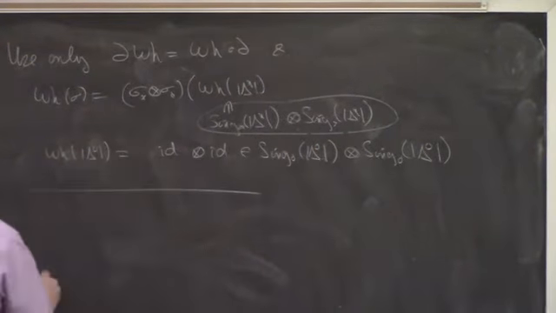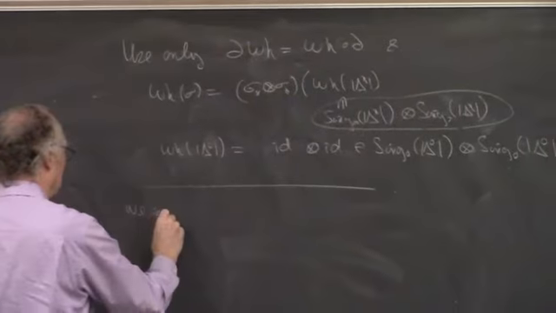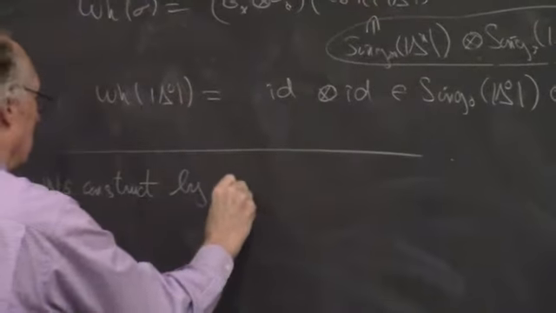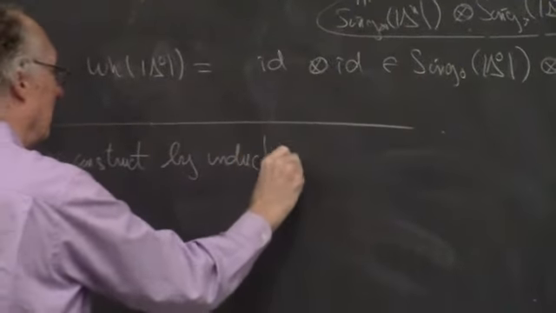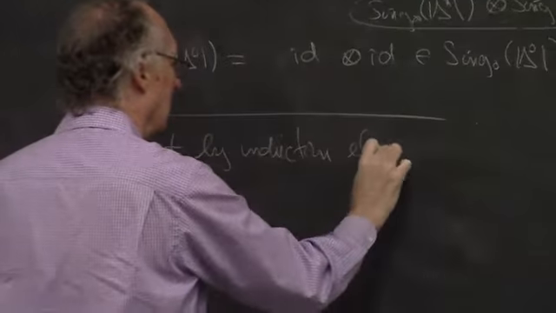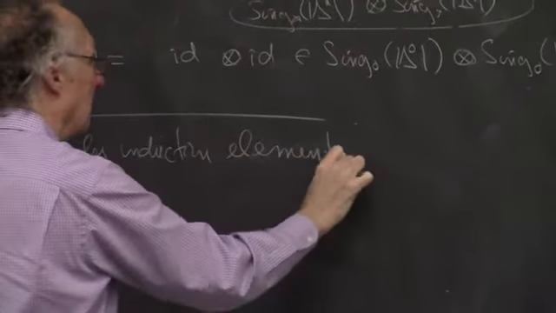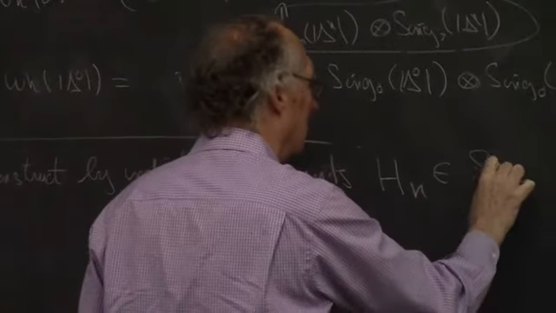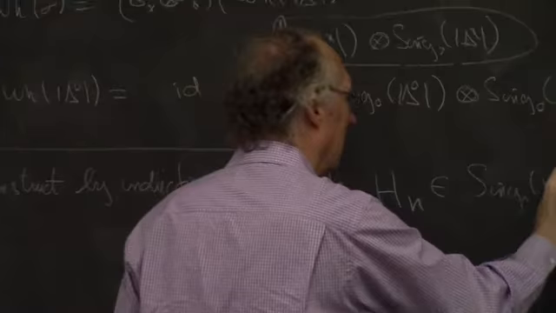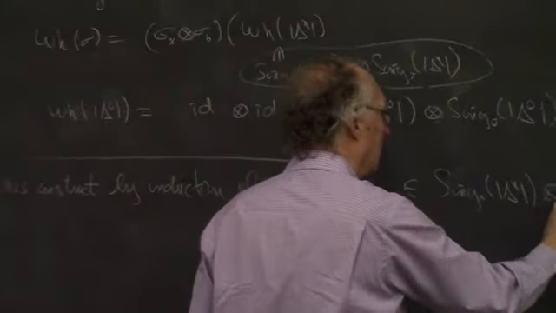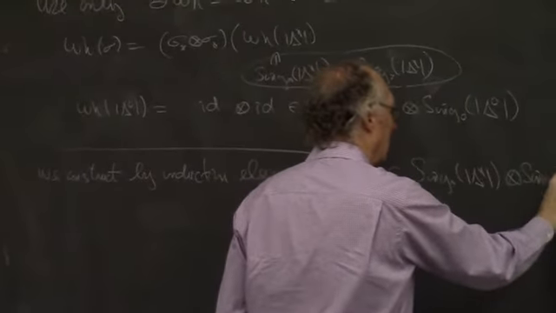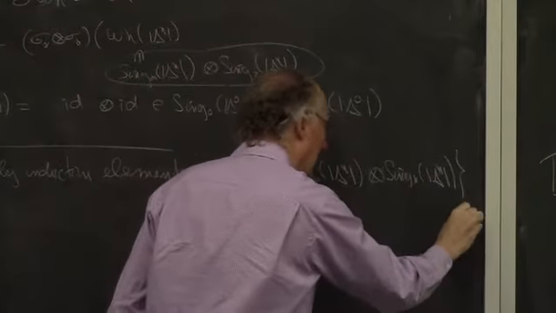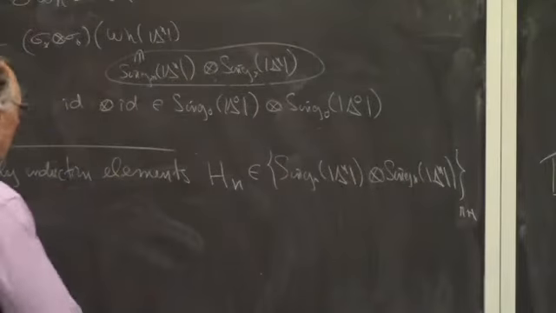So we construct by induction elements H n in singular star delta n tensor singular star delta n of degree n plus 1